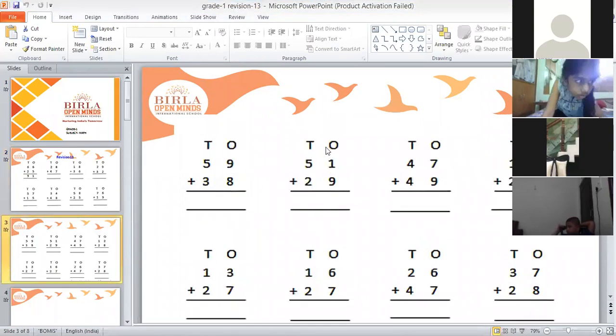Yes, children, note down only the first 4 questions in your math notebook, okay? Siddharth, where are you? Siddharth, come back. Again I'm repeating, note down only the first 4 questions. If we have time, then we will note down the remaining 4 questions also.